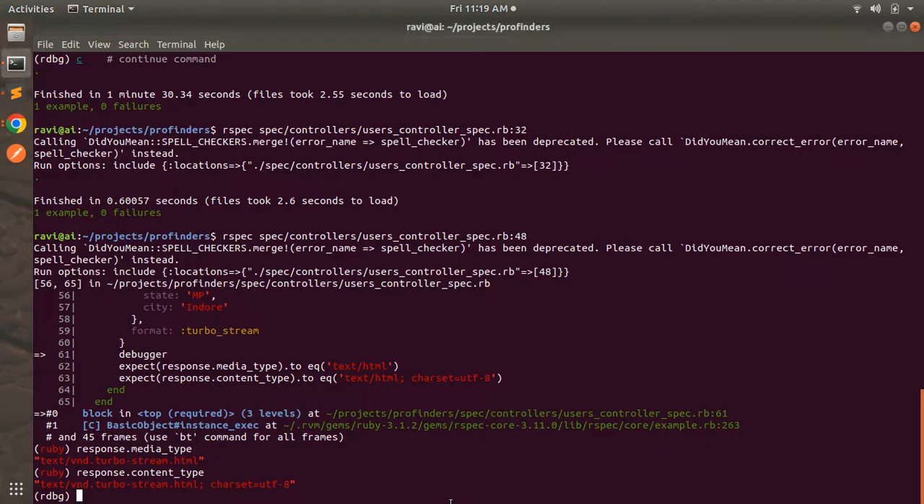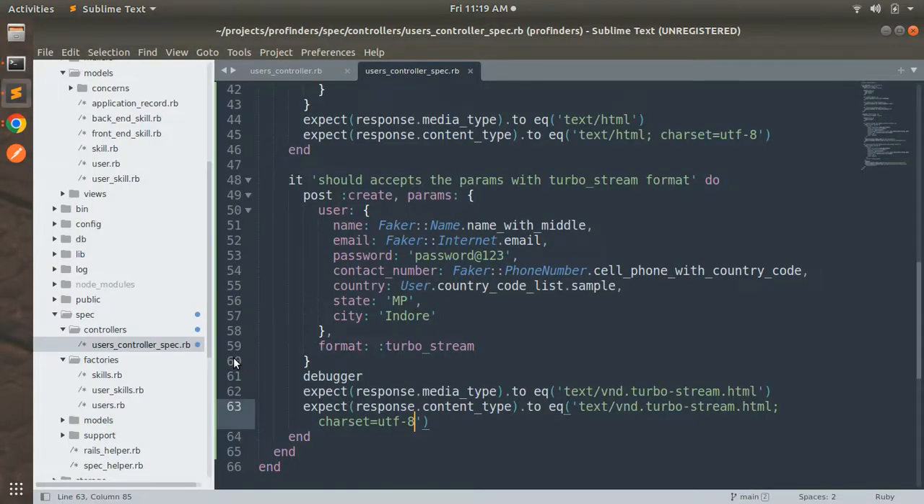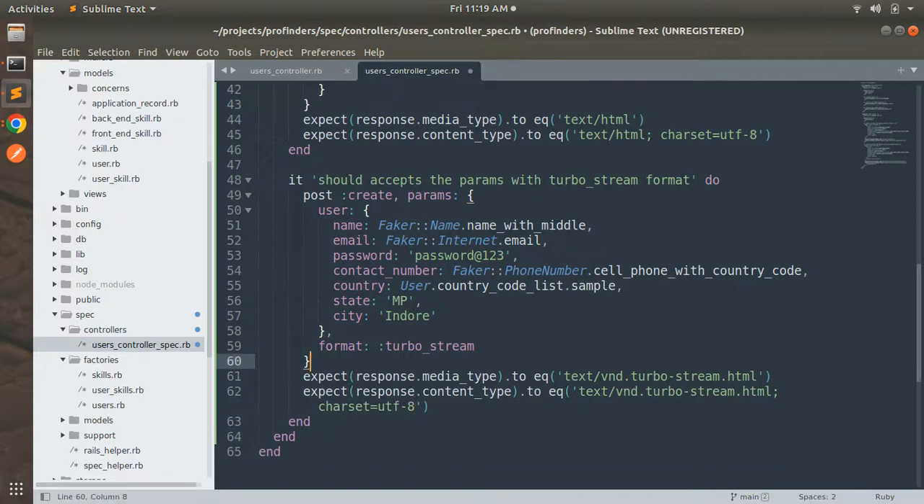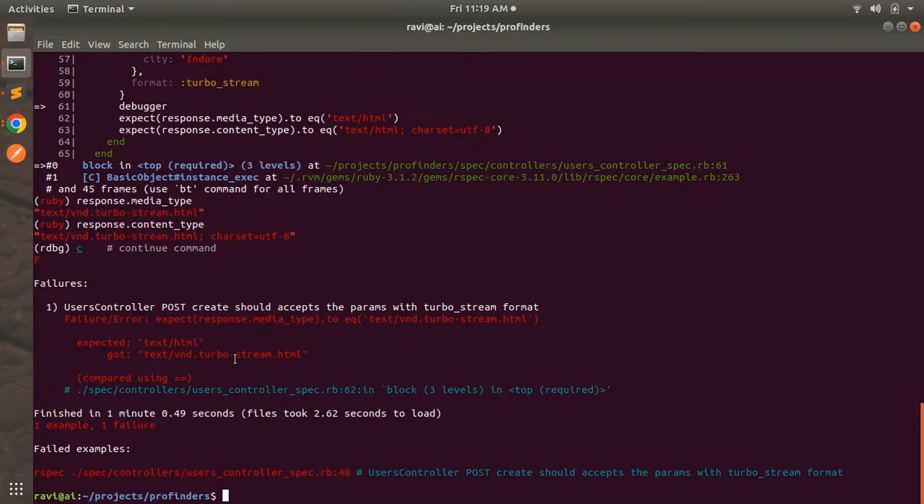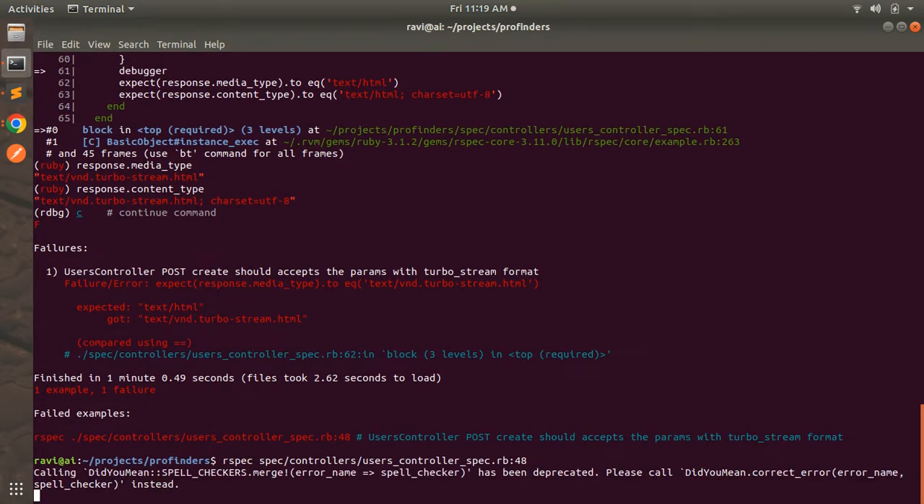Okay, and now exit from the debugger. But this time your spec will fail. Why? Because we were using text/html and we are getting text/vnd.turbo-stream.html. But we have updated the turbo stream response in our spec now. So when you run the spec again from line number 48, you will see that your spec will get passed